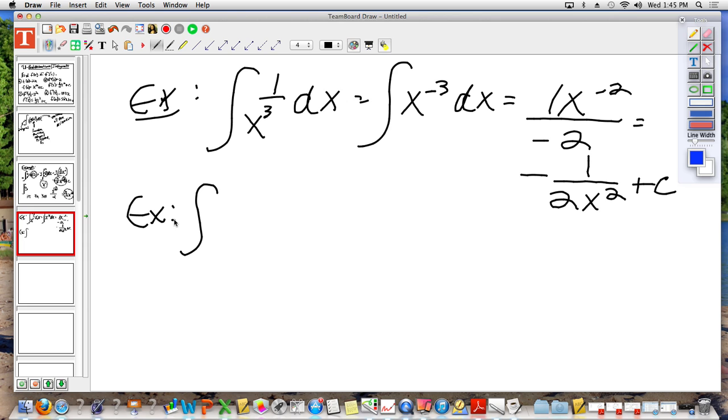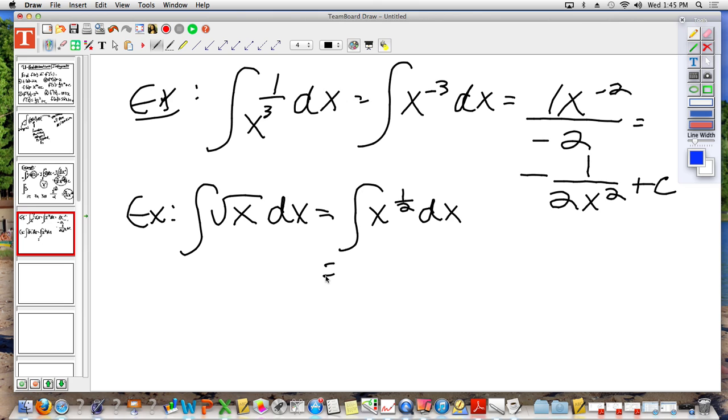The integral of the square root of x dx. Do a rewrite. Give me a power. You got to put it in terms of powers. X to the negative 1. Very nice. X to the positive 1/2 power dx. Use the rule I just taught you. What do you do to that 1/2 power? Add a 1. So what is 1/2 plus 1? 3 over 2. So this becomes x to the power of 3 over 2 divided by that same new power, divided by 3 over 2,